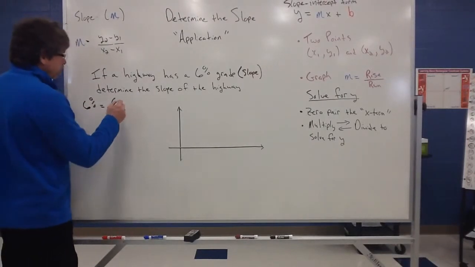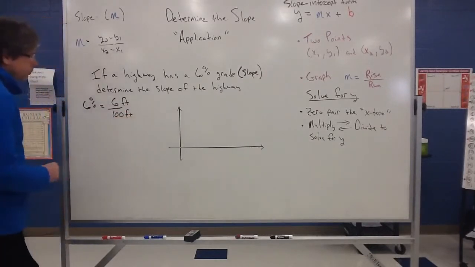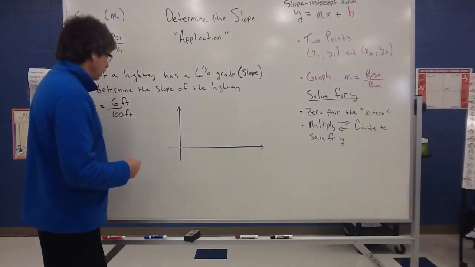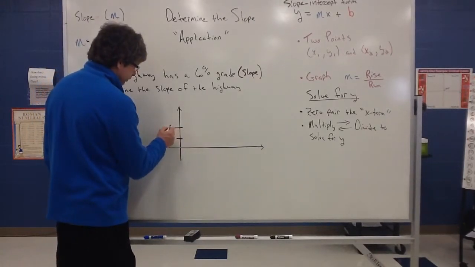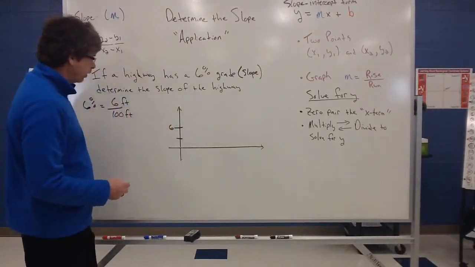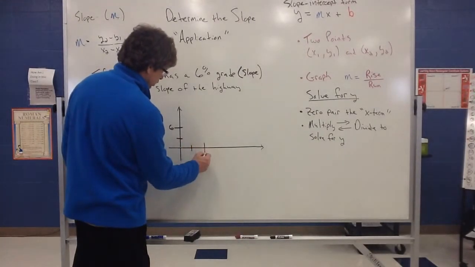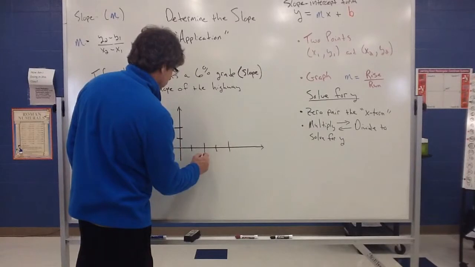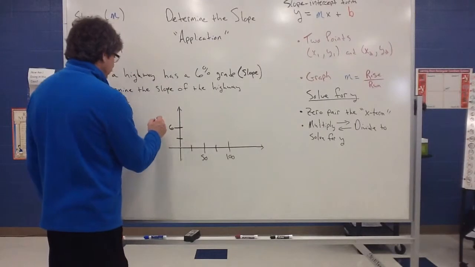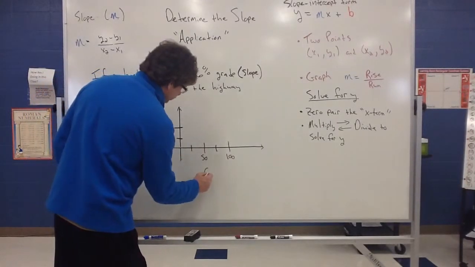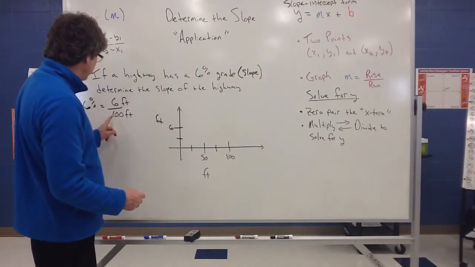So if it has a 6% grade, what that could mean is for every 6 feet it rises, there's a run of 100 feet. So if I sketch that out, I can maybe go by threes here. If I want to go by 100, I probably want to count by 25s or something. So these are in feet. For every 6 feet it rises, there's a run of 100 feet. So starting at the origin,